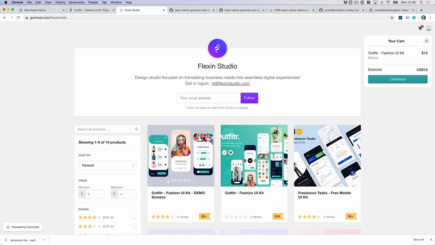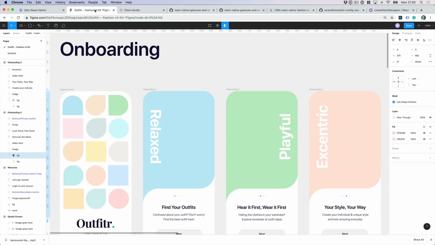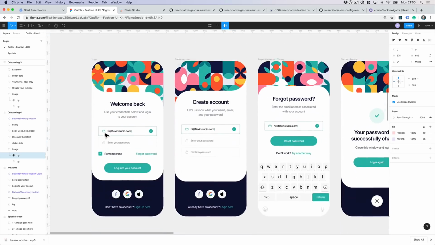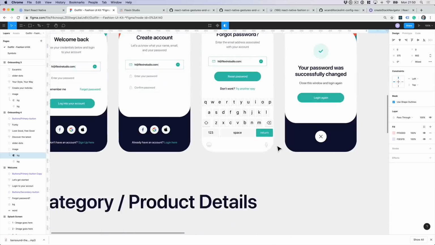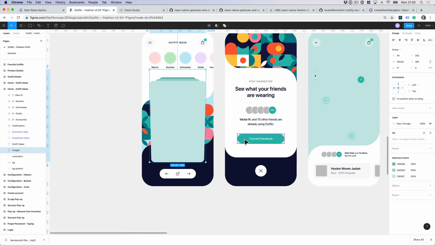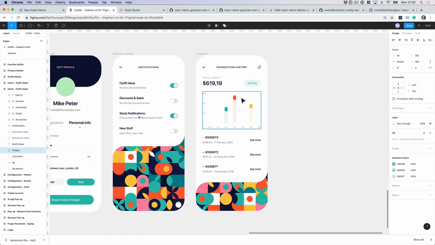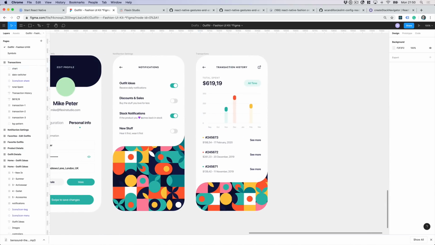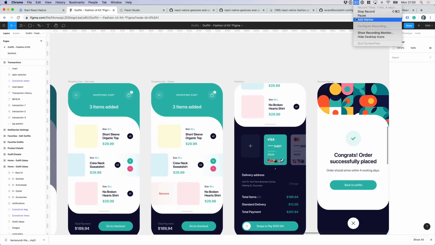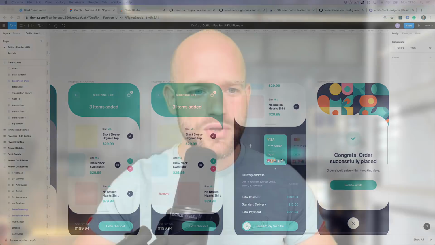I am quite excited because this video is part of a new series where we are gonna build an app from scratch. I found this beautiful UI kit from Flexin Studio. It has a lot of interesting shapes. The UI elements look great. There are potentially some really interesting gestures and animations. I think that it should be quite fun to build all these UI elements, and the end result should look quite good. So we are gonna build this app from 0 to 1, and in this video we're gonna start